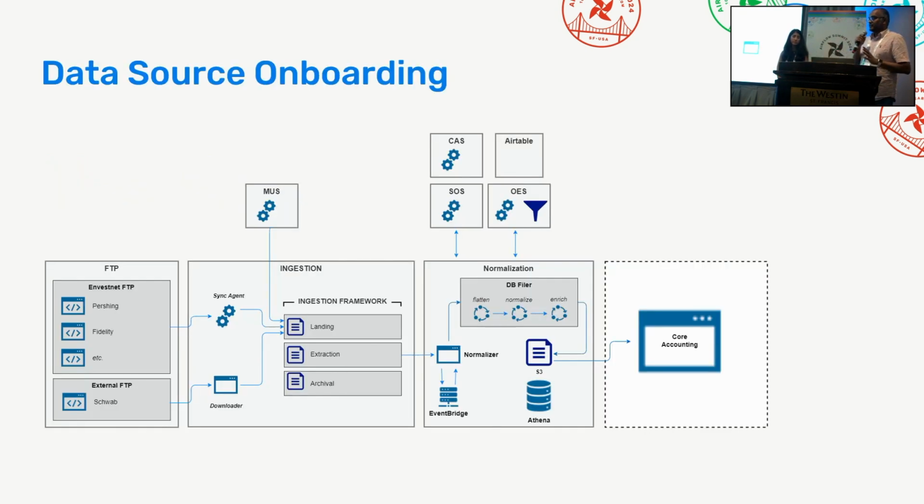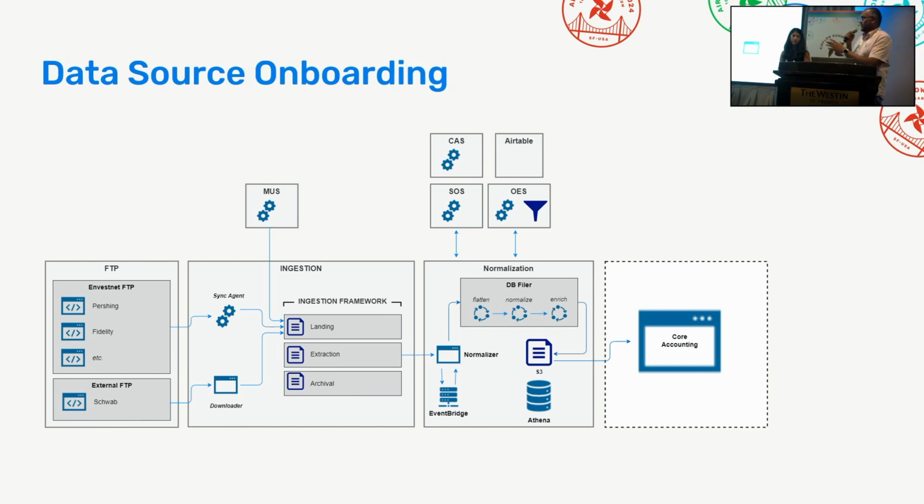Basically, if you see this, it's more like a data ingestion or common ingestion or data source onboarding use case. Here we'll have a lot of different sources. It's a many to one kind of use case where we'll get many different sources. We have to onboard all these different sources. They'll come in different file types, different varieties, different timings, different formats. The goal is to load them into a standard data model. We'll have to do some metadata mapping, a unique ID resolution, and try to load them into a standard data